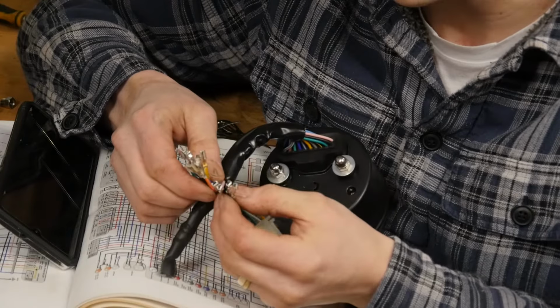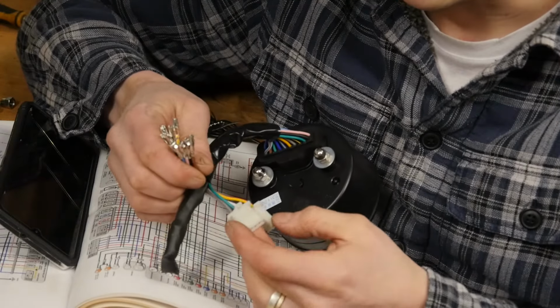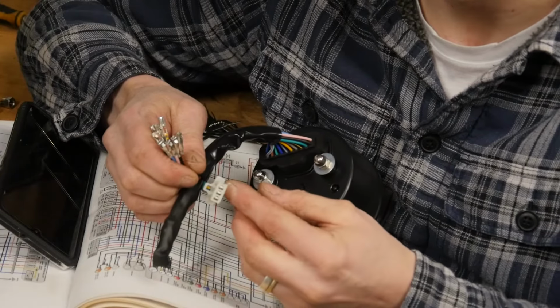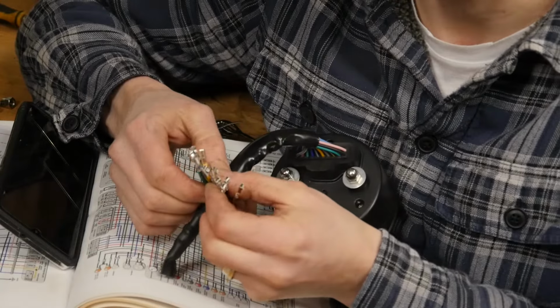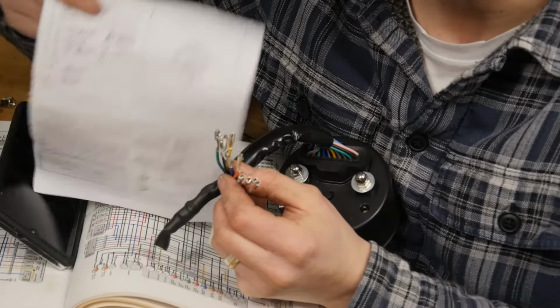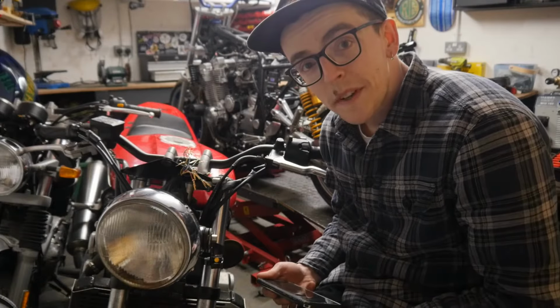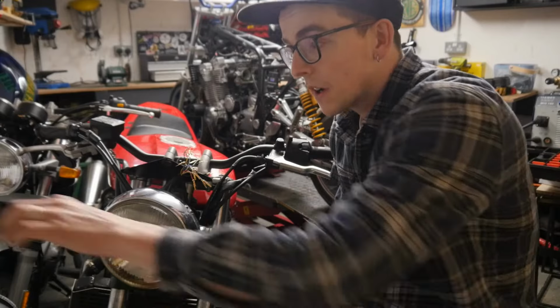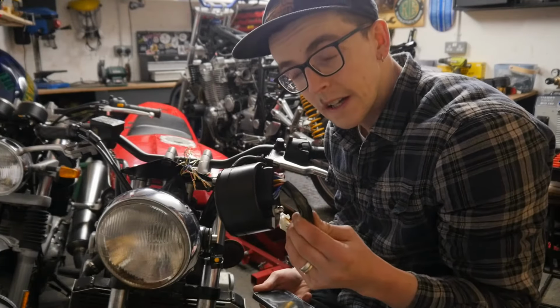So what I'm going to do is set up a 6 and a 4 connector block, and that leaves me with these ones to connect up later. That makes it just a little bit easier to get my head around, because funnily enough, the instructions it comes with are absolutely hopeless. One of my top tips for wiring up a universal, and I use that word very lightly,